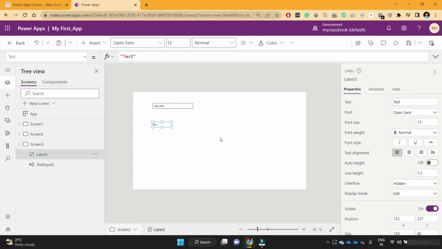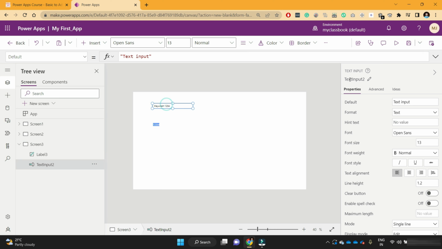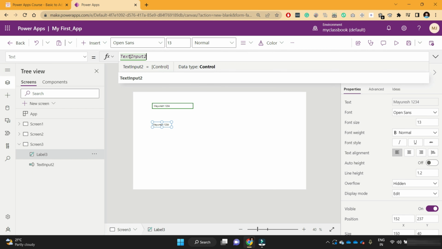Then switch back to the label and select its text property. Now this is a hard coded value. Whatever you hard code here, it will show you that value. Now we want to make it dynamic. So whatever the user enters here, we want to show it here. So we have copied the identification name of that control, and I will go here, and instead of the hard coded value, we will make it dynamic. So I will put its